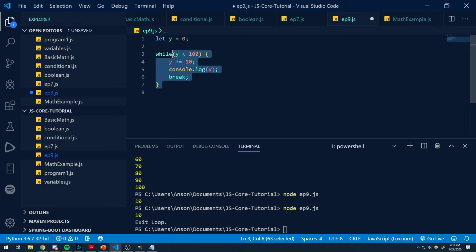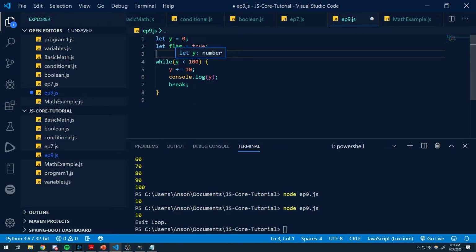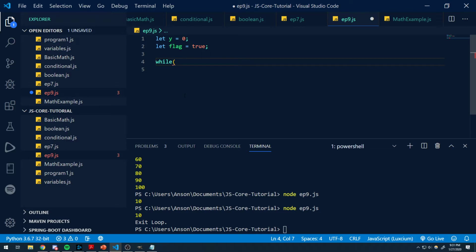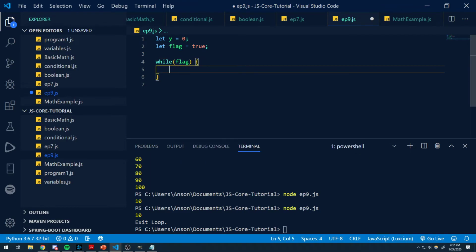Okay, so a good example would be, let's declare a flag or a Boolean value. Let's call this true. Now, this is not really a good way to use loops. You never want to have a while true loop because I think it's bad practice, from what other senior developers have told me. But as long as you're able to terminate at some point, then it should be fine. I'm just showing this for demonstration purposes, okay? So let's say we have while true, okay? I could have also just done this, okay? And what I want to do is,